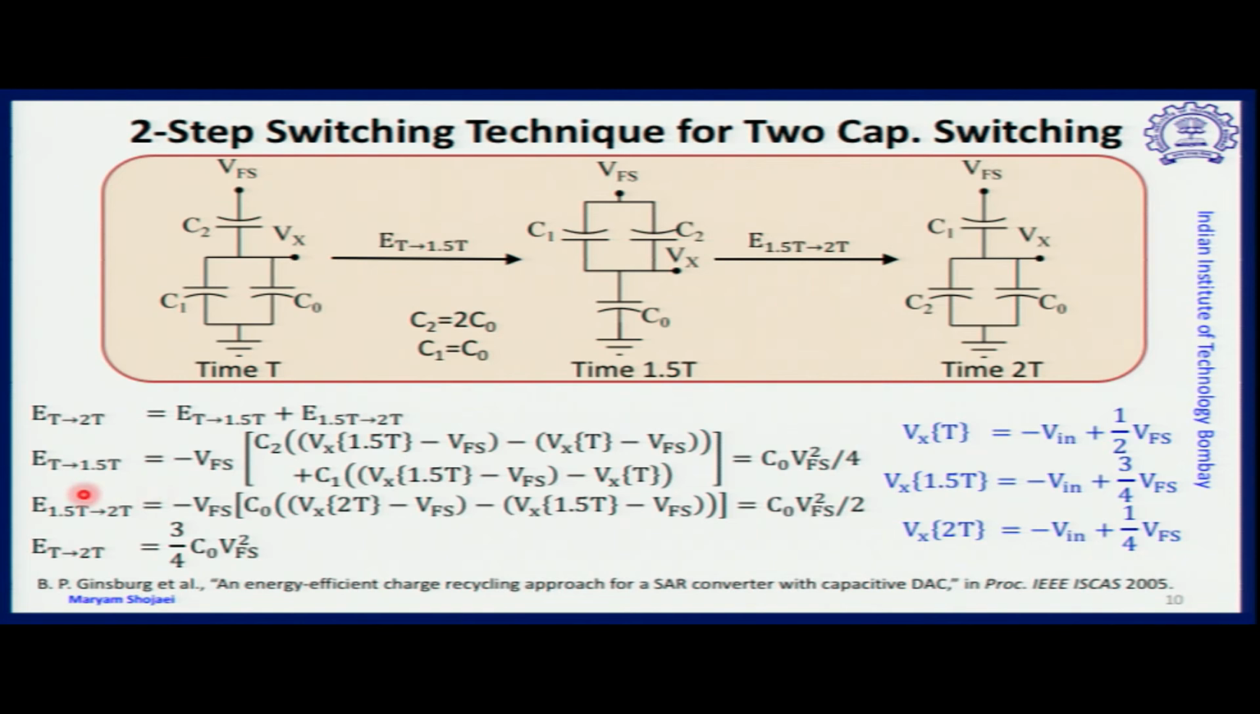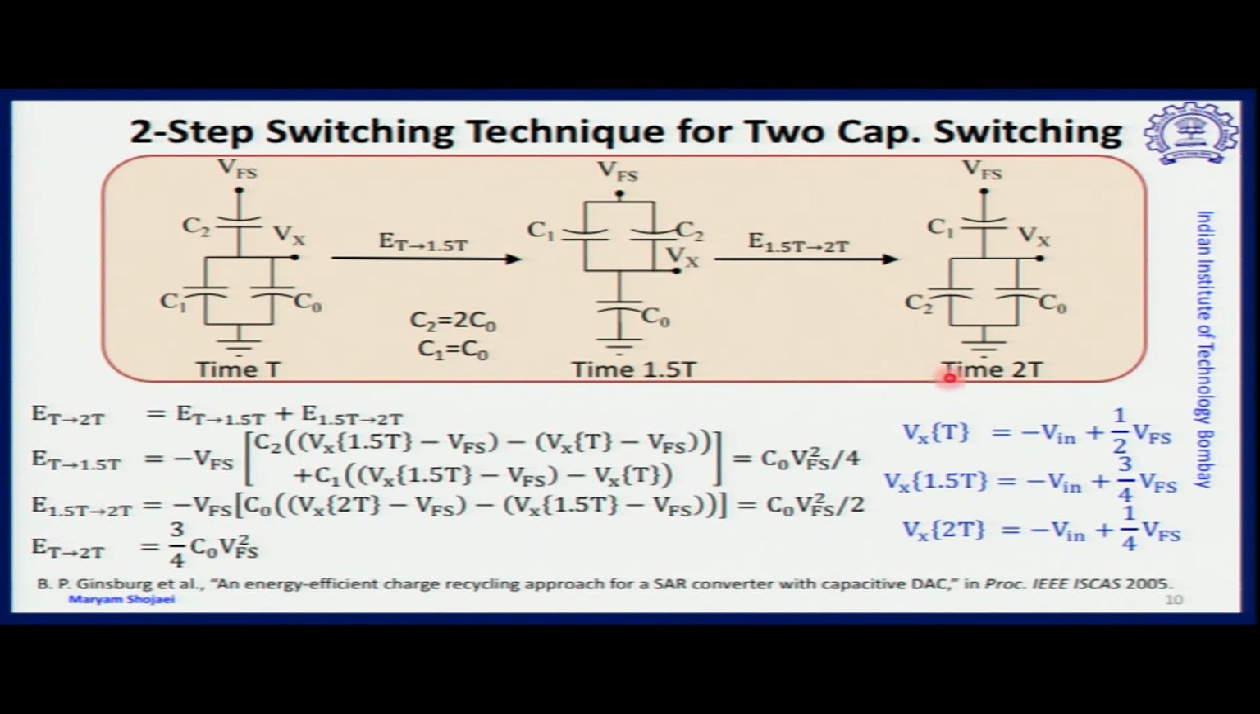So if we go from T to 1.5T, the total energy consumption is C0 V full scale square by 4, because here we are actually increasing the voltage, and the overall energy consumption is low, because we are just changing the polarity across C1 and we are reducing the voltage across C2. So therefore, in the next step, when we move